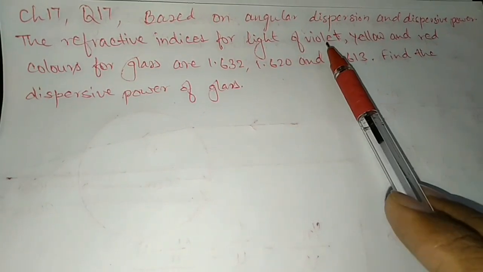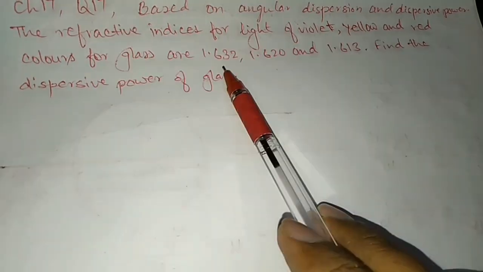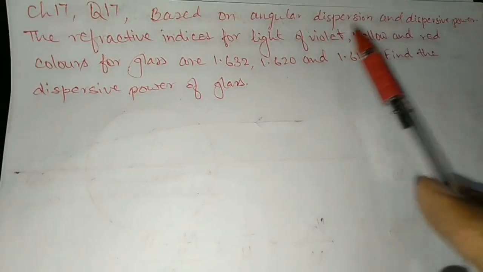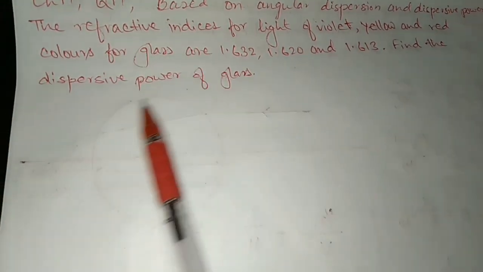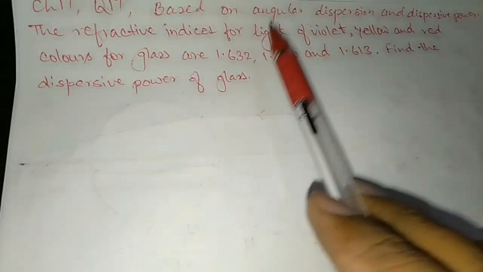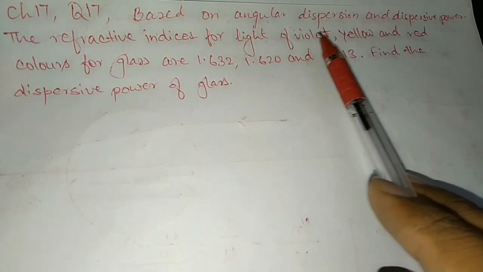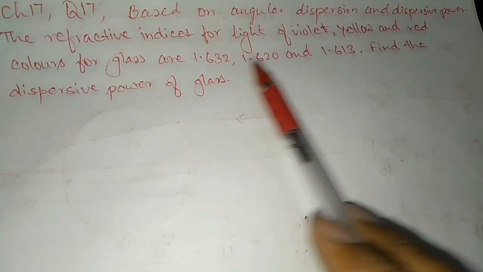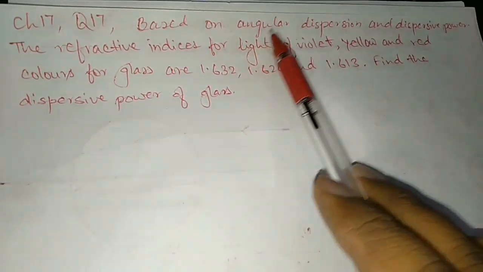These are the refractive indices. Suppose the angles were given here, we could find the difference between the angles and calculate the angular dispersion. Another way to calculate, if you remember, is nV minus nR into A, theta. But since the angle A is not given, suppose the angle of prism was given, we would take the difference between the refractive index of violet and red. This is for violet, this is for red. So 1.632 minus 1.613. Whatever comes, we multiply it with the angle of prism, and that gives the angular dispersion.